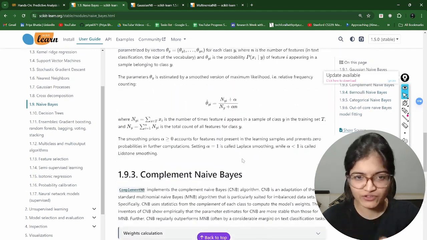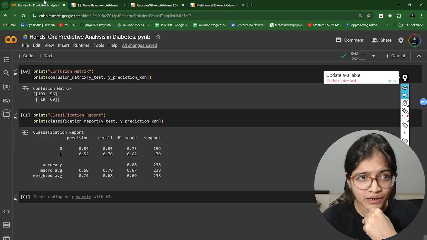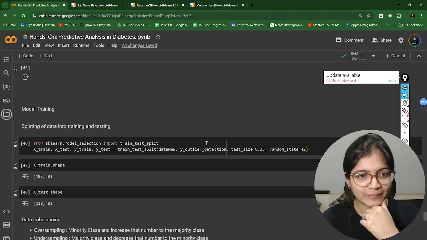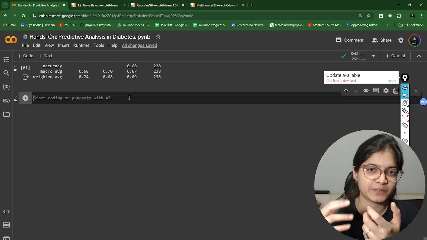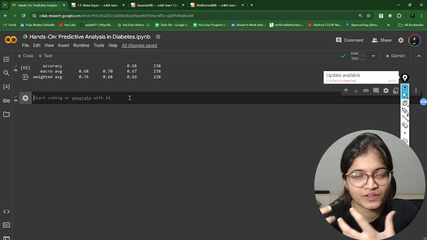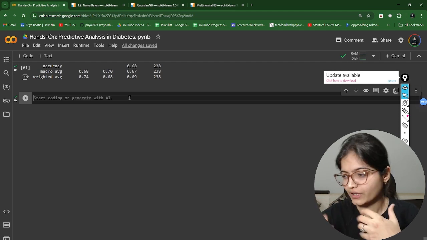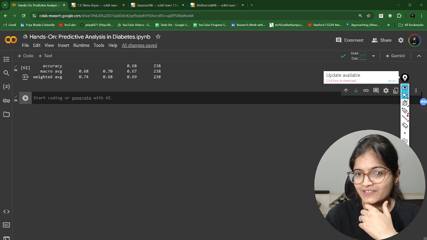So you can just refer to this documentation, although I have talked a bit about all the algorithms. Now, in this specific case where we have diabetic data, you know that the output is classification, but the numbers given to us, whether it be pregnancies, glucose, or BP, are all continuous numbers. So what do you think? Which kind of algorithm should we go for in this specific case in order to do the implementation?